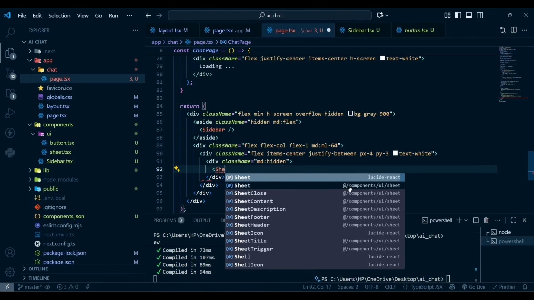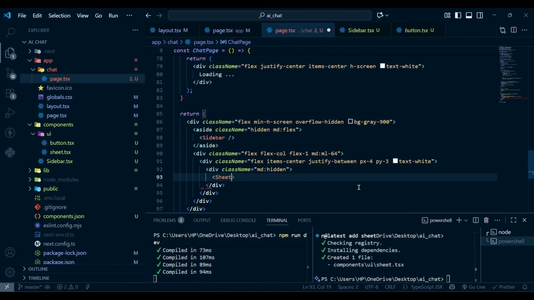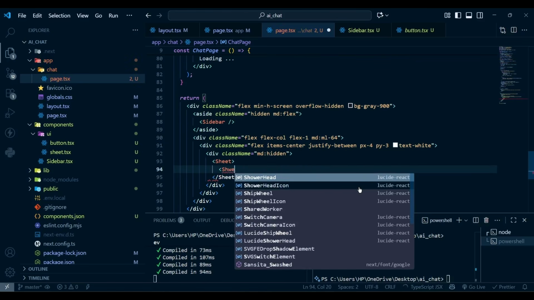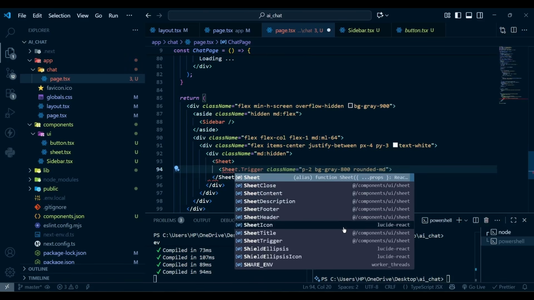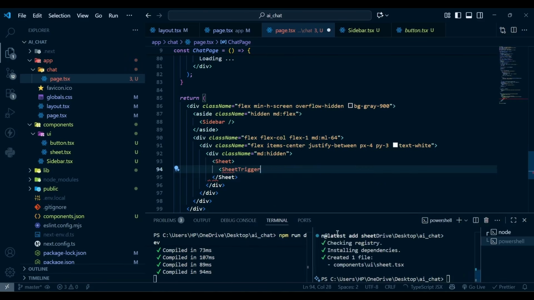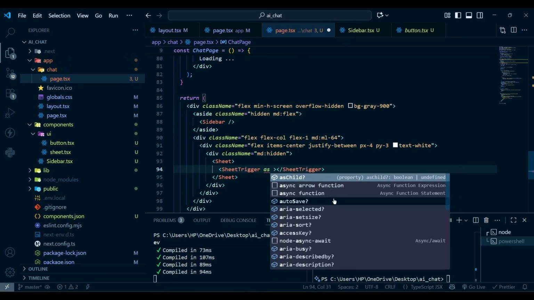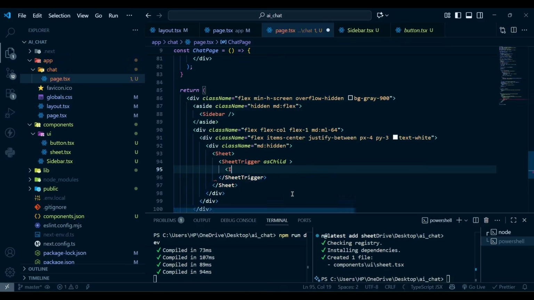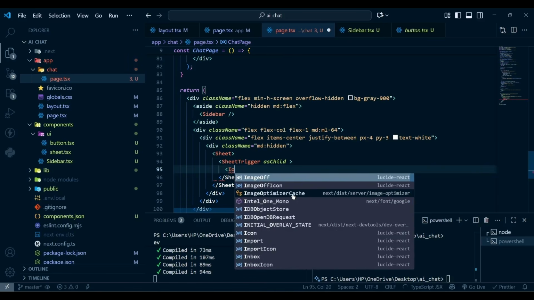So this one is coming from components UI sheet, and then inside this we have a sheet trigger, and this one will be as child, and inside this we have an IO menu,